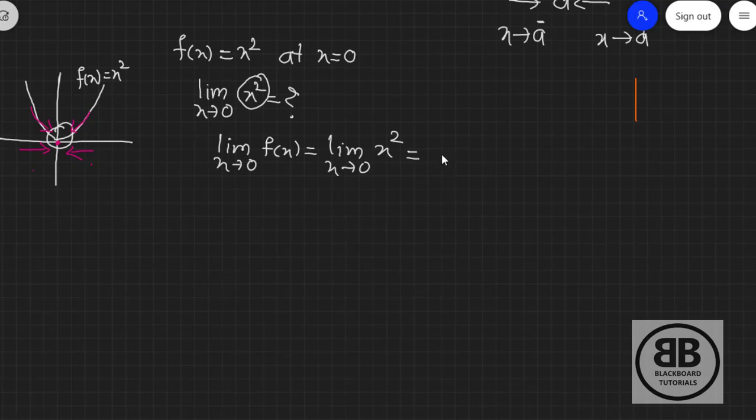This is also approaching the value 0. So this 0 is called the limit of the function f of x is equal to x square at x is equal to 0. So if this limit exists and it is equal to 0, this has the meaning